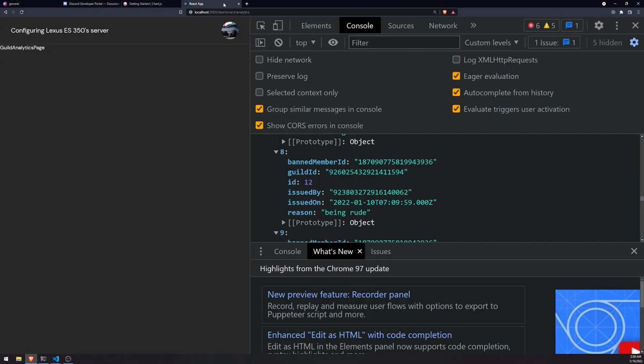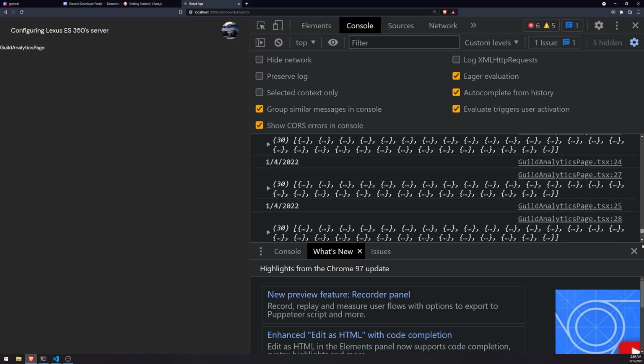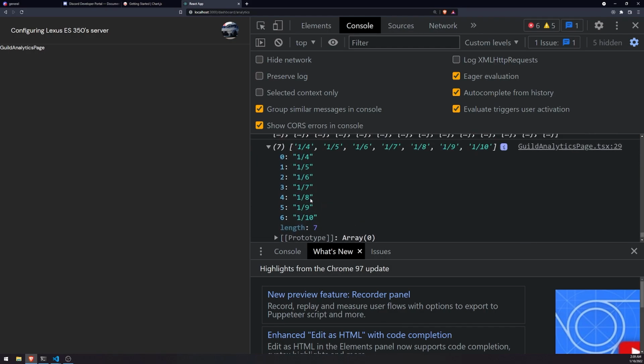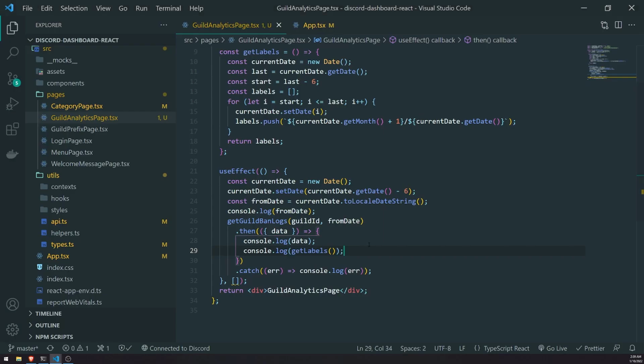And you're going to see in the console, we have an array of all of the labels. So January 4th, 5th, 6th, 7th, 8th, 9th, and 10th, which is a total of 7. Okay? And now the next thing that we're going to do is prepare the data